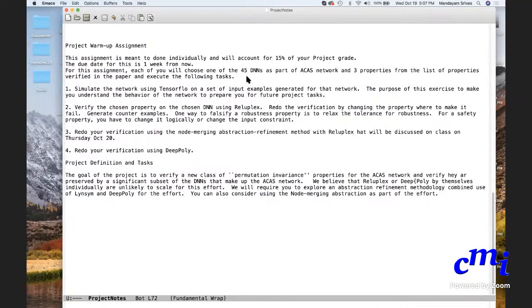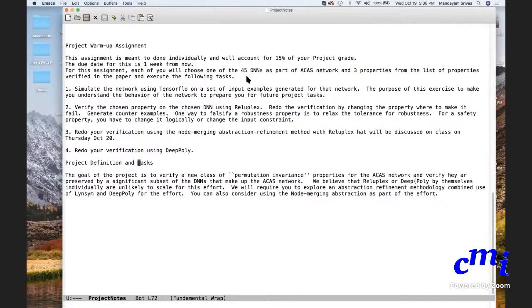I'll talk about project definition and task a little bit more once Diganta joins. But one thing is that the project will have you do a set of verification tasks on a bunch of tools.